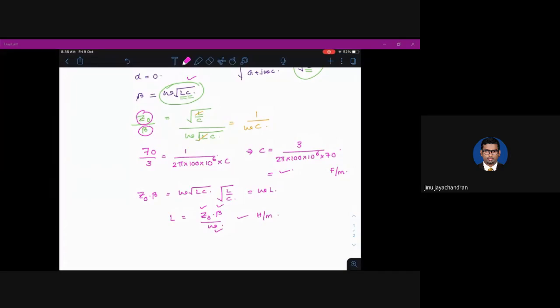Okay. So the problems can be asked like this, where it is not a direct substitution, but you can look at different equations and combine them in some manner so that you will get the values of the parameters. So this is one problem. I will pose some more problems. I will not be giving the complete solution, but I'll be giving which equations to use and in what ways you can combine them so that you will get the value.